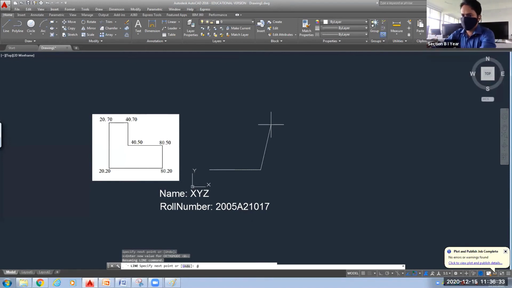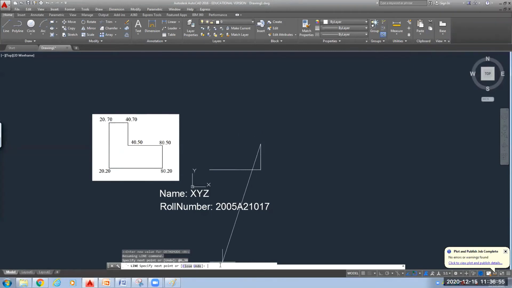At the rate, now you tell me. 0, 30. This means in the x direction we are moving 0 and in the y direction we are moving 30. So you can see here 80 minus 80, 0. 50 minus 20, 30. So this is correct. Press enter. Now we have reached here. Now again, what should I add? At the rate 40, 0. 40 or minus 40? Minus 40, because this time I want to go in the negative x, opposite direction. Minus 40, 0.